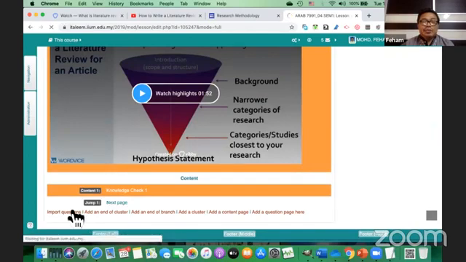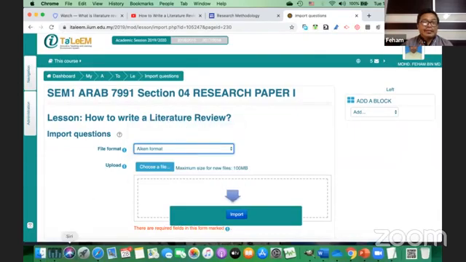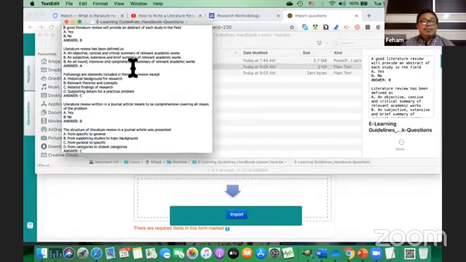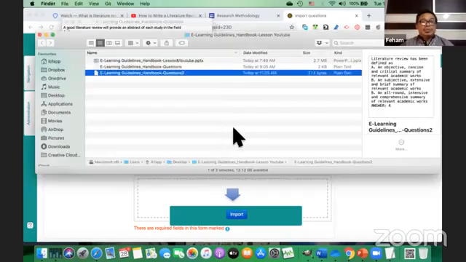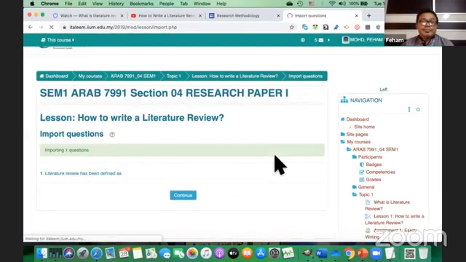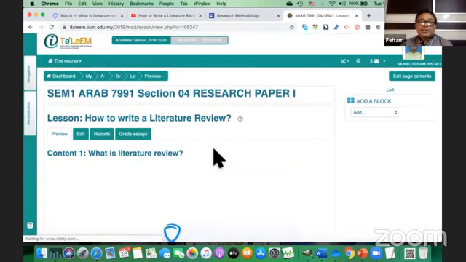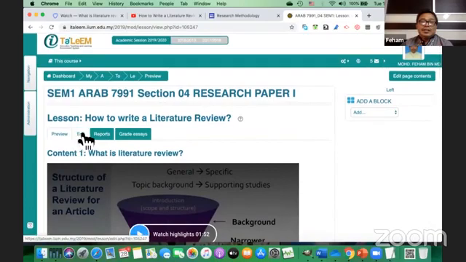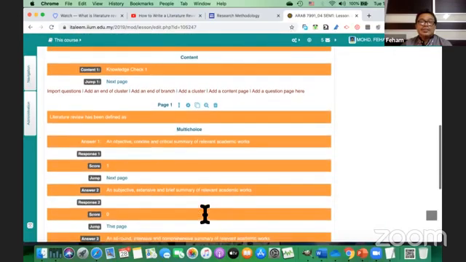So just click import here, and then decide the question in what we call icon format. I will import, like, the first question, maybe this one, and then put it inside the new one. So that one single question will be imported and put inside. Once done, click import. There you go, one question detected, and put inside. Right after content one, we have a question. That's the question.